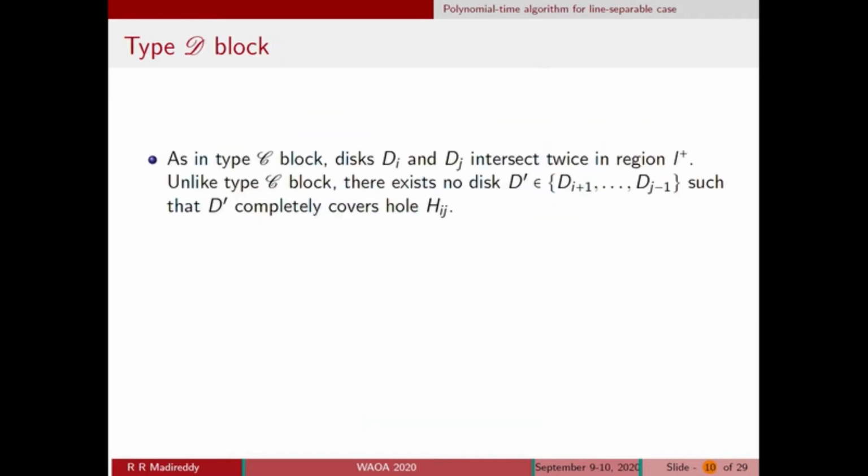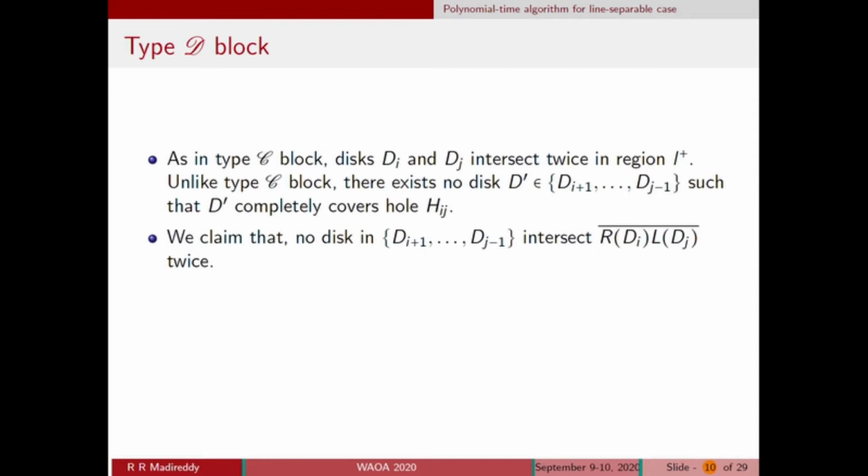The last type of block is type D. As in type C block, disks dA and dj intersect twice in region L plus. However, unlike in type C, there exists no disk d prime belonging to di plus 1 to dj minus 1 such that d prime completely covers the hole hij. We also claim that no disk in di plus 1 to dj minus 1 intersects the line segment rdi ldj